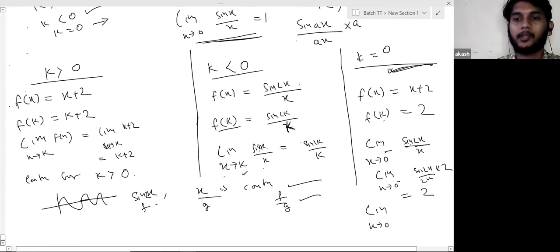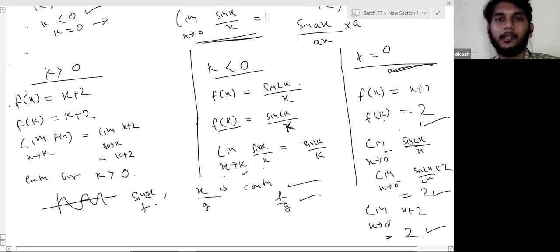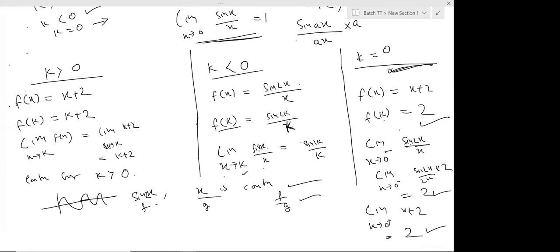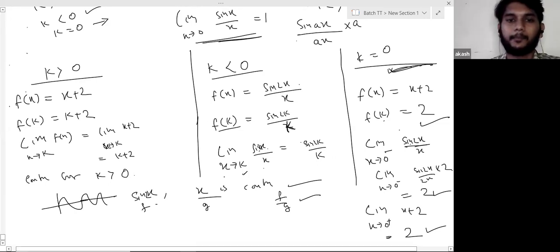Now the limit as x tends to 0 plus, the function will be x plus 2. So you can directly put 0 plus, that means 0. So the answer is 2. So we can see LHL equals RHL equals f of k. So the limit equals f of k. So the function is continuous for all the numbers. All right. I hope this is clear to everyone. Sahel, Aman, Kinza, Ryan, yes or no? Yes, sir. All right, please note it down if you have not.